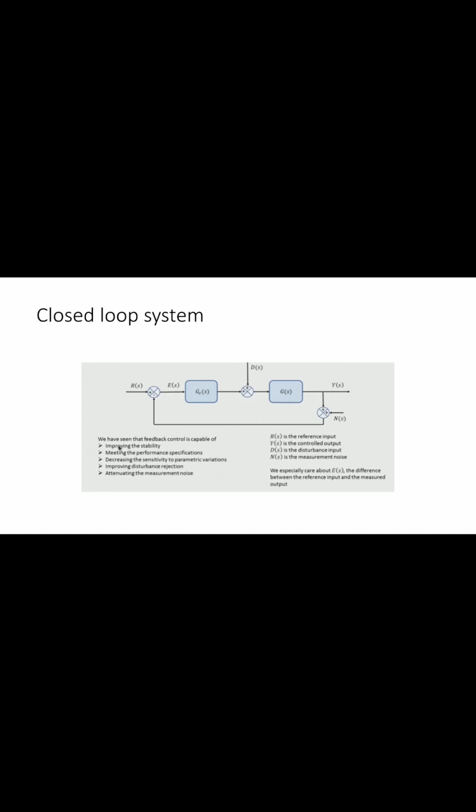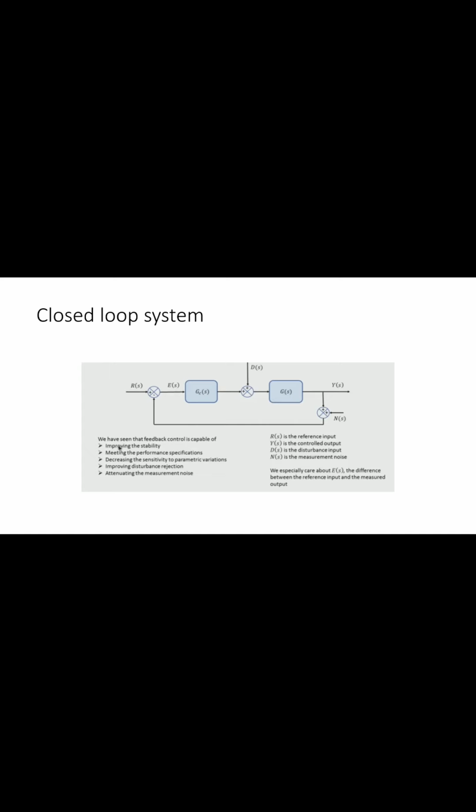A closed loop system is one which is having a feedback. So if we are having a feedback, we can continuously monitor our output in this case and check whether it is at a desired or reference level. If our actual output is not at the desired level, then there is an error that is being generated, and then that error is being passed on to the controller.